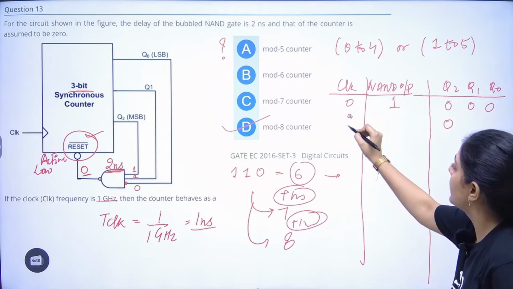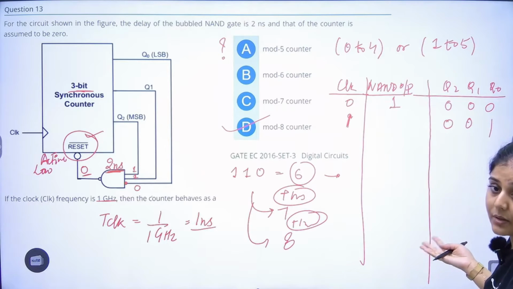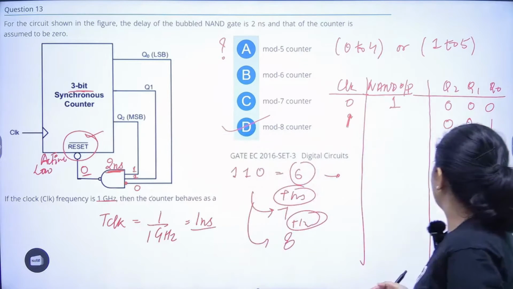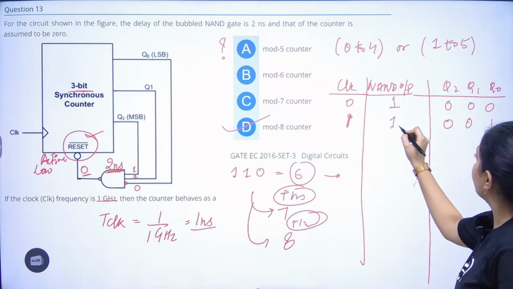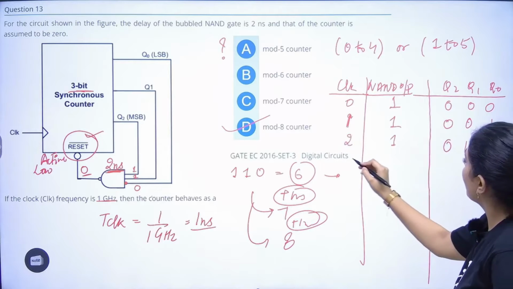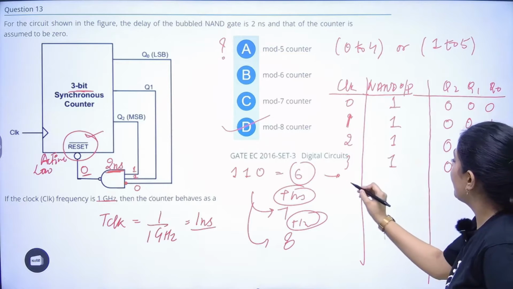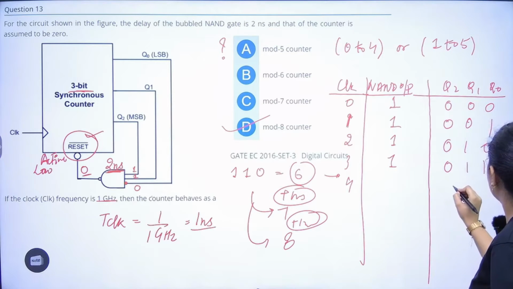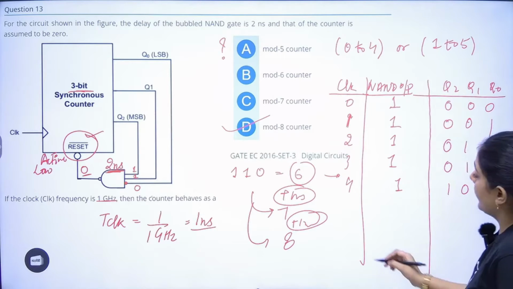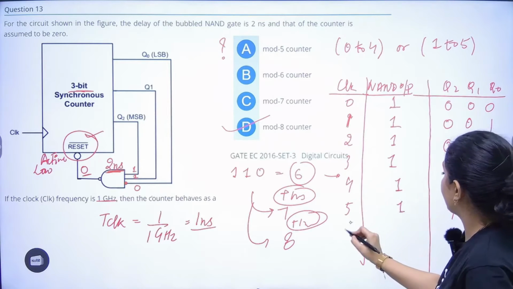So the second clock, the next clock, will be there. So counting will increase. It is a counter, so it will count 0, 1, 2, 3, 4 and so on. Again, it will be 1. Second clock, it will count 2. Again, it will be 1. Third clock, it will count 3. It will be 1. Next clock, it is 4. Next clock, fifth clock, it will count 5. Again, it's 1. Now, sixth.